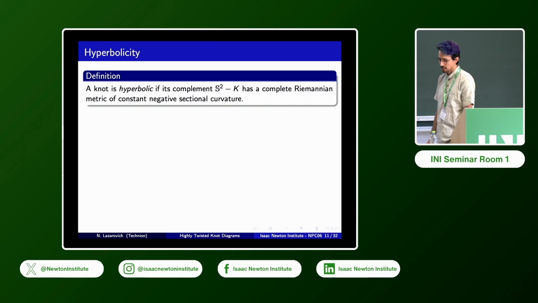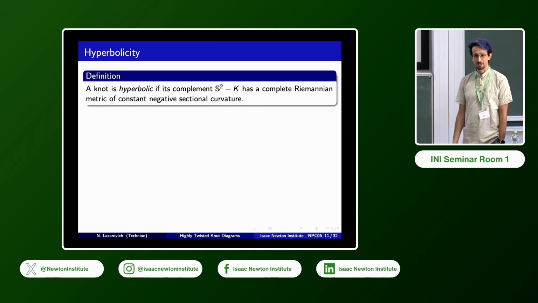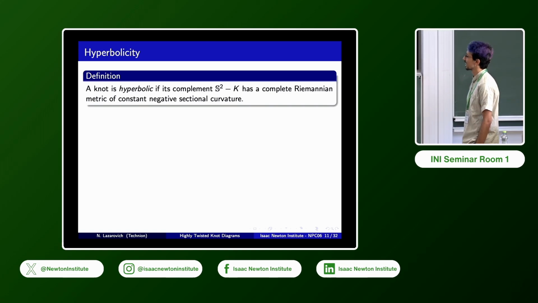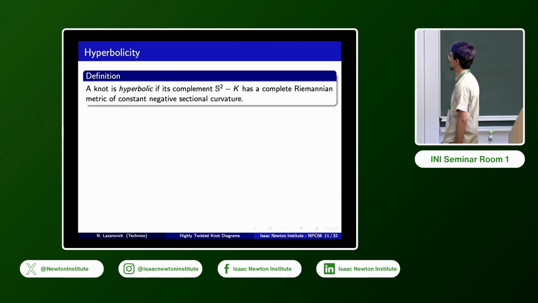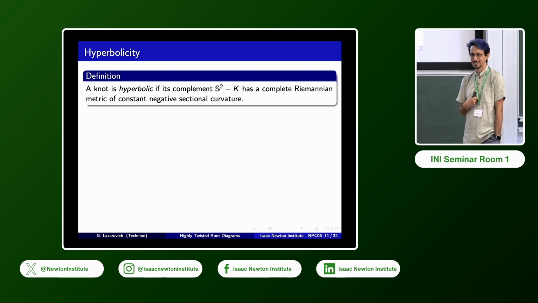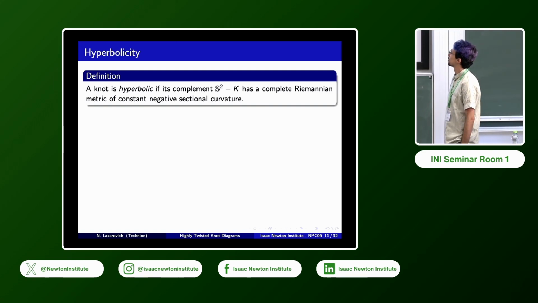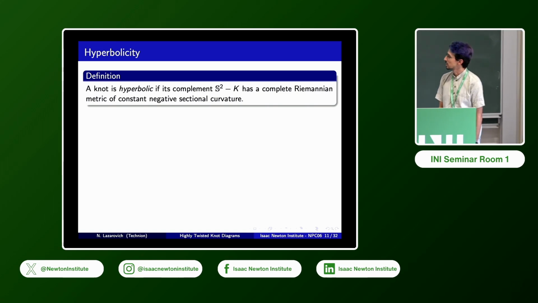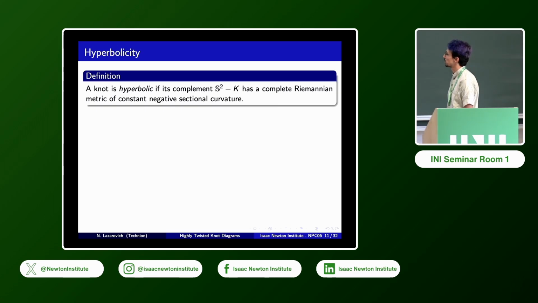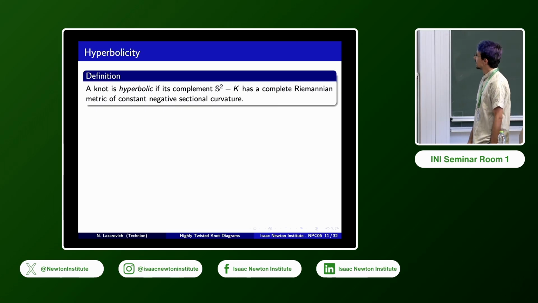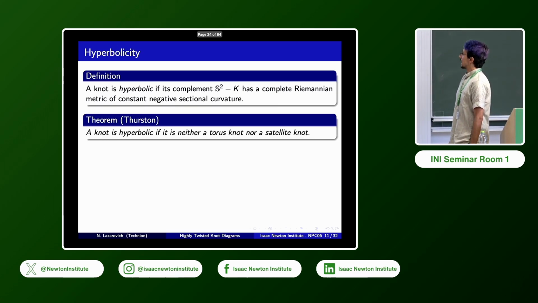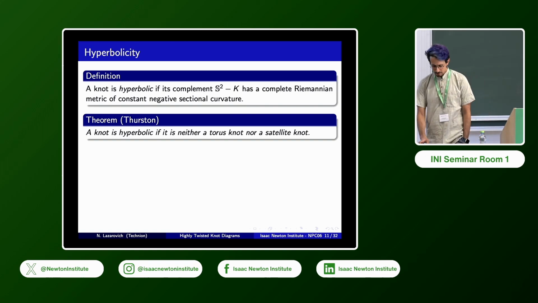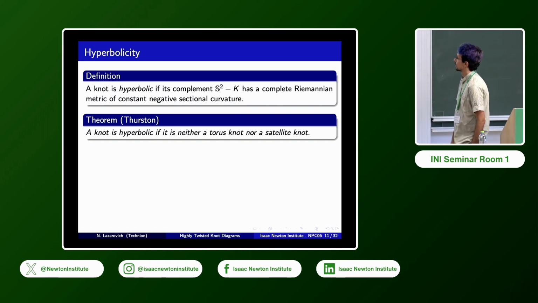So the first is non-positive curvature. That's the only reason why I allowed myself to give this talk in this conference. Apologies. So let's just say the knot is hyperbolic if its complement has a complete Riemannian metric of constant negative sectional curvature. And we know the theorem of Thurston that tells us that a knot is hyperbolic